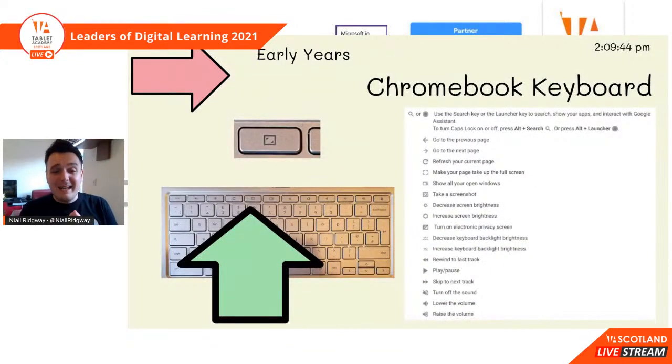We have a little mini hack for you here. Obviously, Chromebooks don't have a lot of memory, and most of them don't have access to the full App Store. Well, if you press this button along the top of your Chromebook, it will make your Chromebook go full screen, and it will hide the top bar from your Google Chrome, kind of where the URL and the Omnibox is and all your tabs. It will hide that, and it means that your learners have less chance of closing down any websites that you